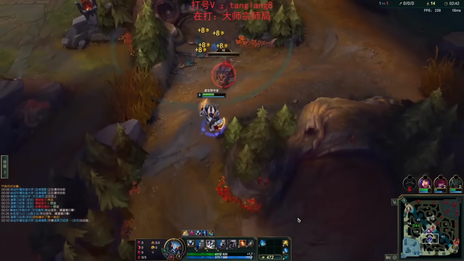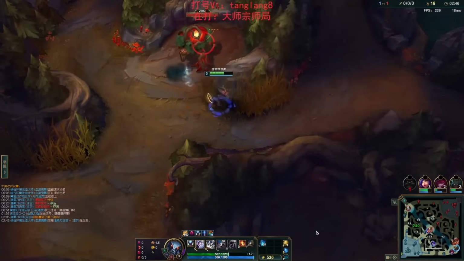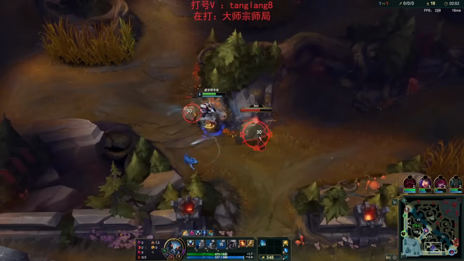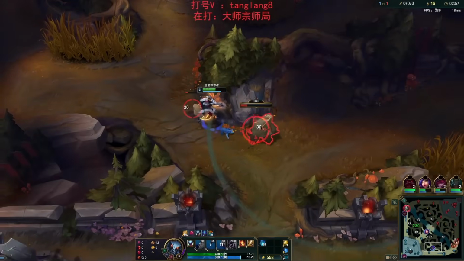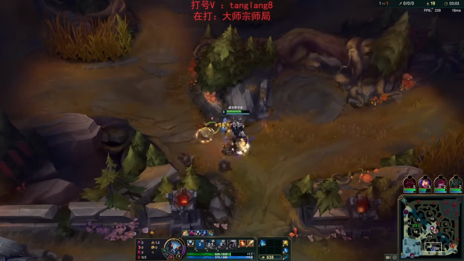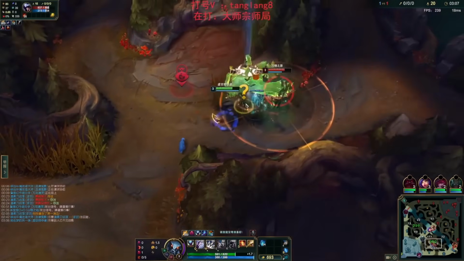So it looks like he's starting top to bot, and I typically don't like starting on blue, ideally, mainly just because it feels like if you're gonna full clear, you may as well just go to Raptors and do that path, and then go back to Raptors and take them. I don't know, man. Maybe I'm just a trash OC player, but yeah, he's gonna do the Krugs here, and then